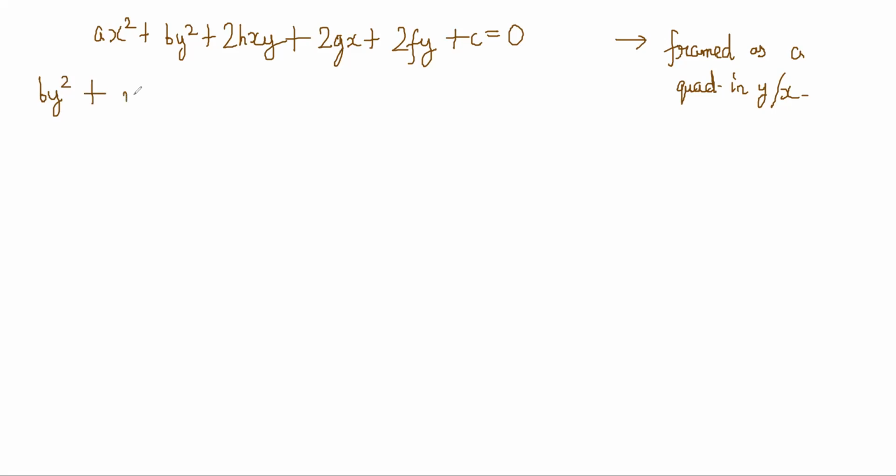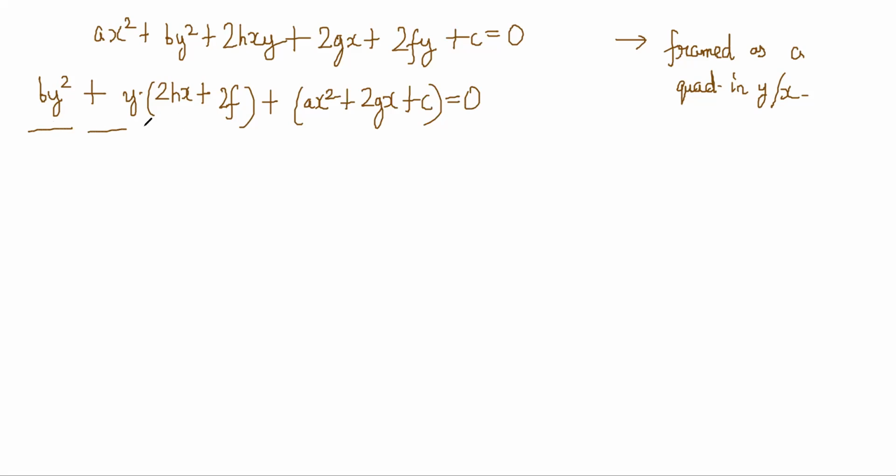So by square plus y into 2hx plus 2f, plus ax square plus 2gx plus c. This is my equation. This is a quadratic equation in y, no? So I can immediately solve this quadratic for y. y is equal to, I will just solve it by the formula, minus 2 times hx plus f